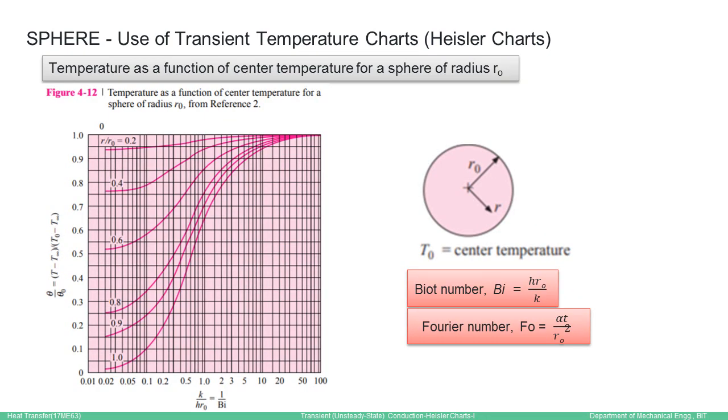Dimensionless heat loss Q by Q naught for an infinite plate of thickness 2L with time is another chart that will be used to find the actual heat loss by the body in time t. So Q by Q naught gives you the dimensionless heat loss during the process after a given time t. Q naught represents the energy content of the body initially. So the initial temperature is Ti and the ambient fluid temperature is T infinity. By using m Cp dT for this case, Q naught will be found.